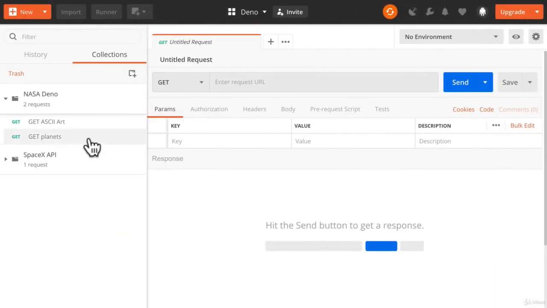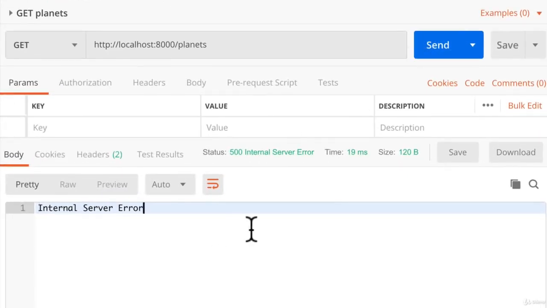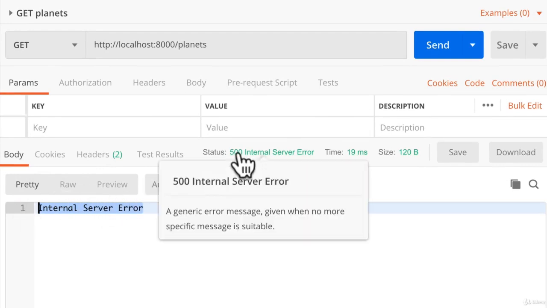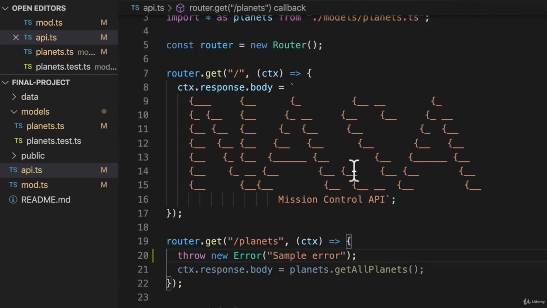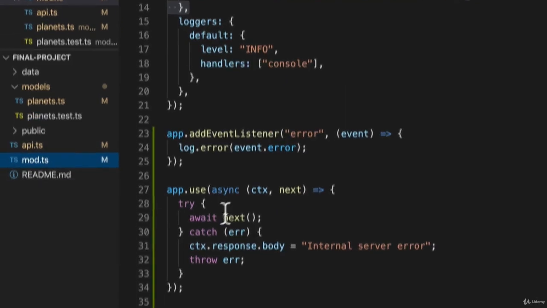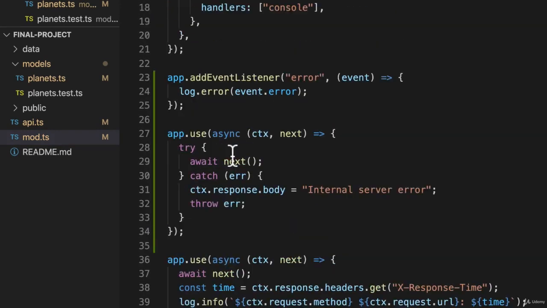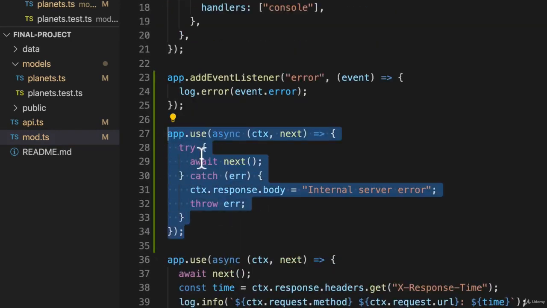We can go into Postman and make a request to our planet's endpoint. We're getting our internal server error with a 500 status code. So our error has crawled all the way up from our endpoint up through our various middleware, starting from the routes, up through our different middleware, into our error handling middleware, where we set a response body to what we just saw, and Oak returned a